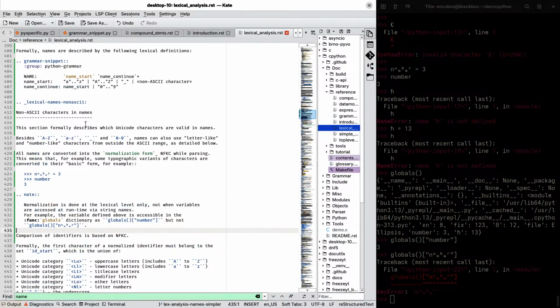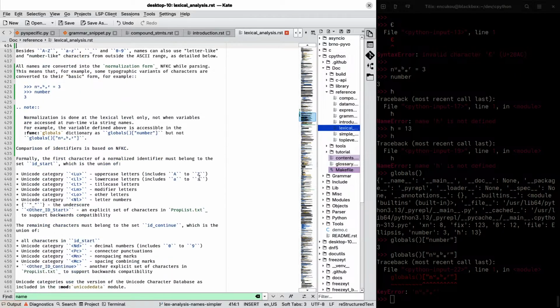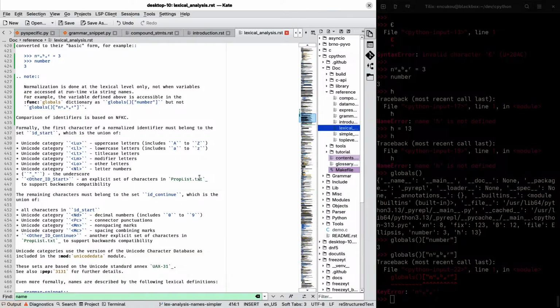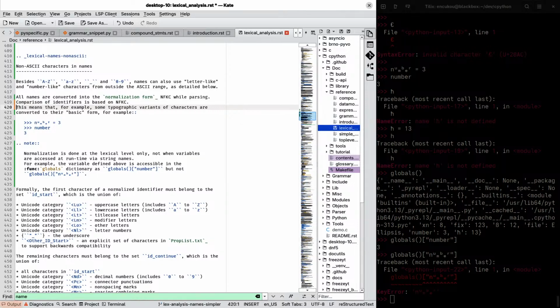All right, so this is a comparison of identifiers based on NFKC. I think we can just leave this out.